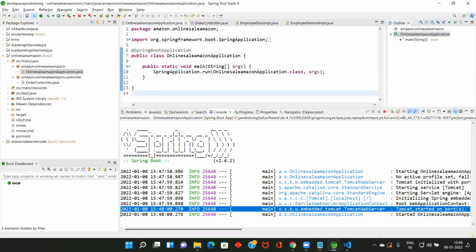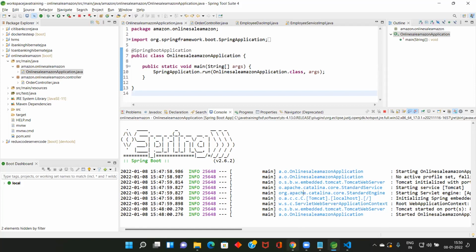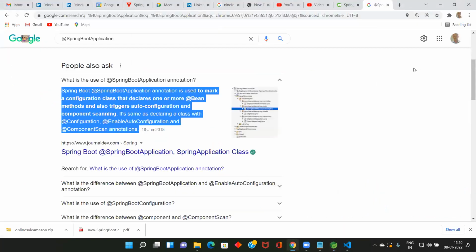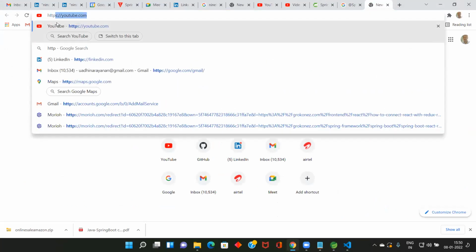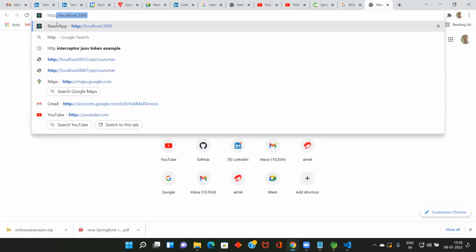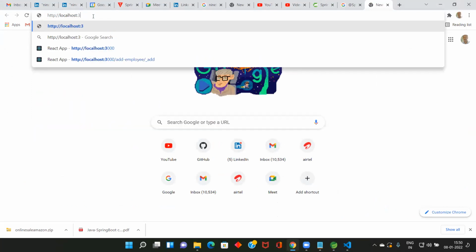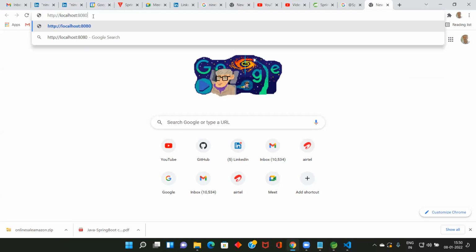Have you all come up to here? Okay, if you all came up to here, can you open your browser? Can you all type http://localhost:8080. Your server is listening on port 8080, like your MySQL Server database is listening on port 3306 where you need to send the request. Here our server is listening for requests on port 8080.